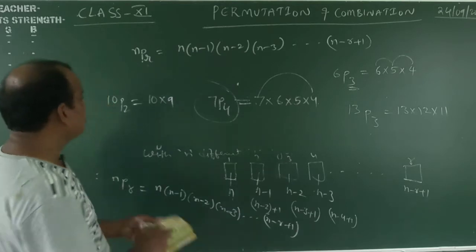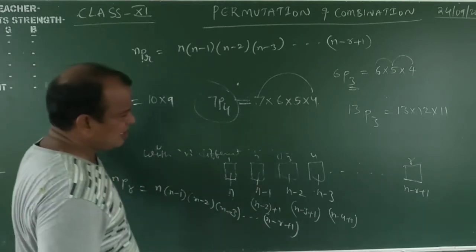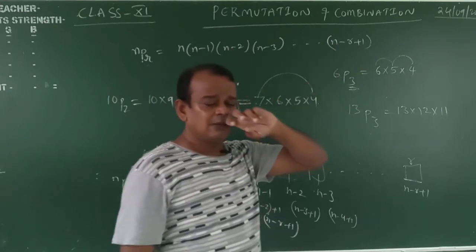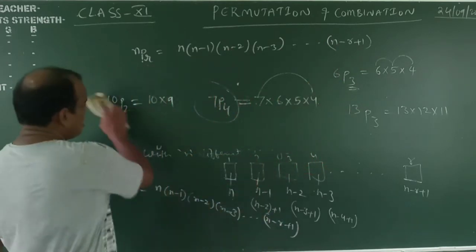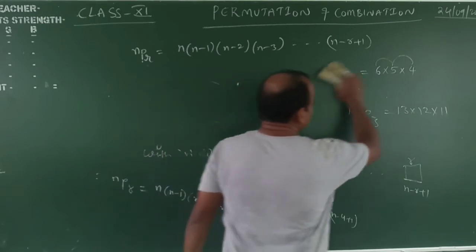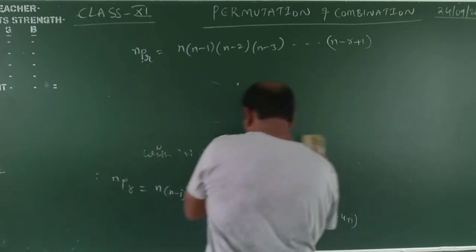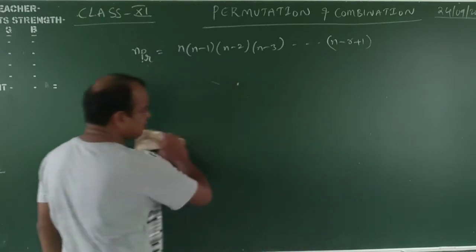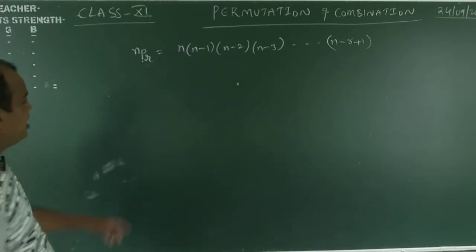Now the actual formula is going on. I will finish the topic by using this formula only. Now nPr equals another formula. Okay, the proof of that formula I will explain. Now next, after that, nPr equals. I hope that you understood the problem. What is the formula of nPr? nPr equals this one.